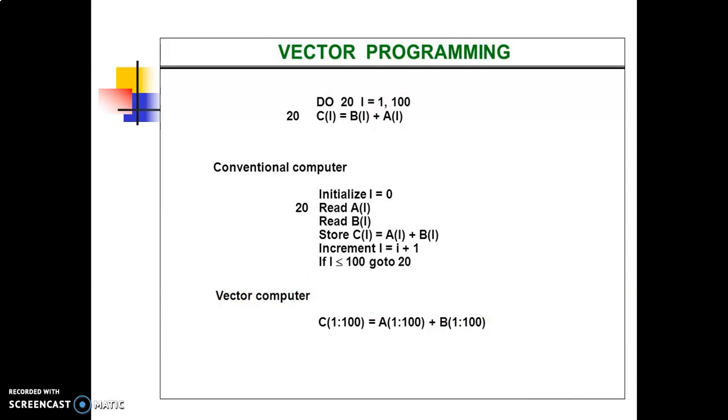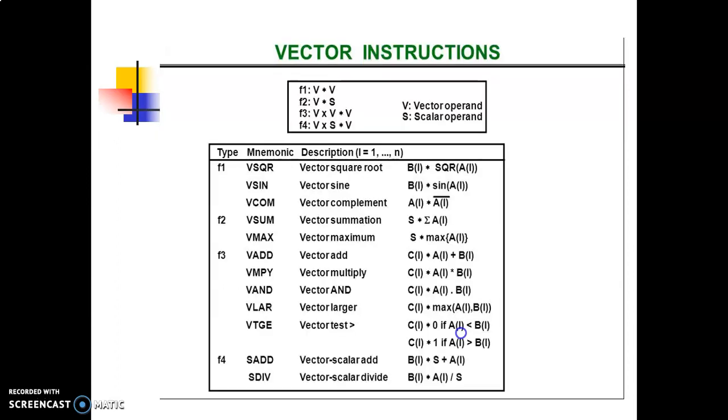This one is the implementation of a vector computer program. It allows the operation to be specified with a single vector instruction, and it eliminates the looping concept of a conventional computer. The vector instruction includes the initial address of the operands, the length of the vectors, and the operation to be performed, all in one composite instruction. The addition is done with a pipelined floating point adder. In the next slide, we'll show how the pipeline is used for vector processing, and these are some examples of vector instructions.